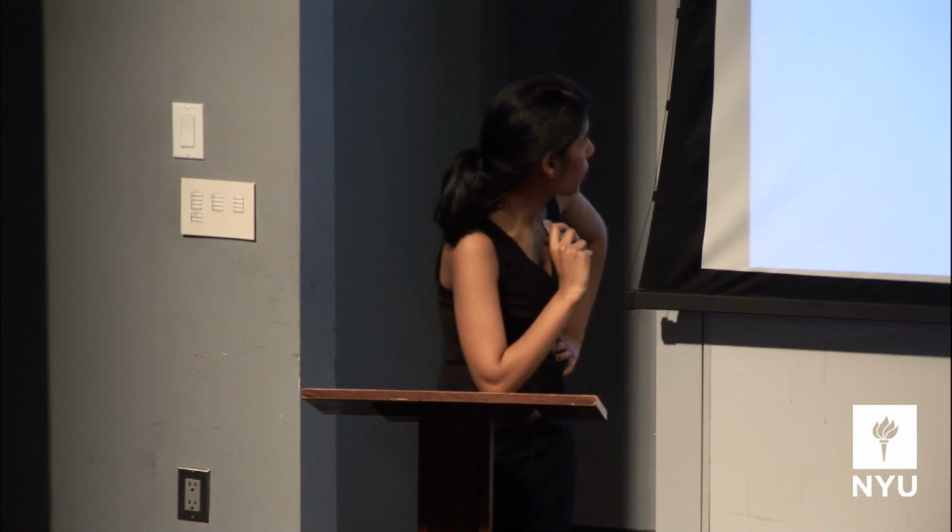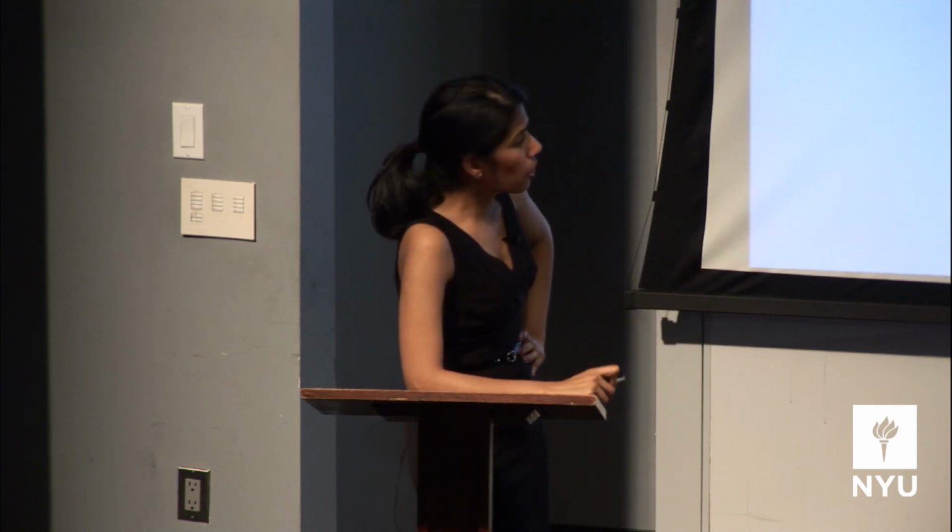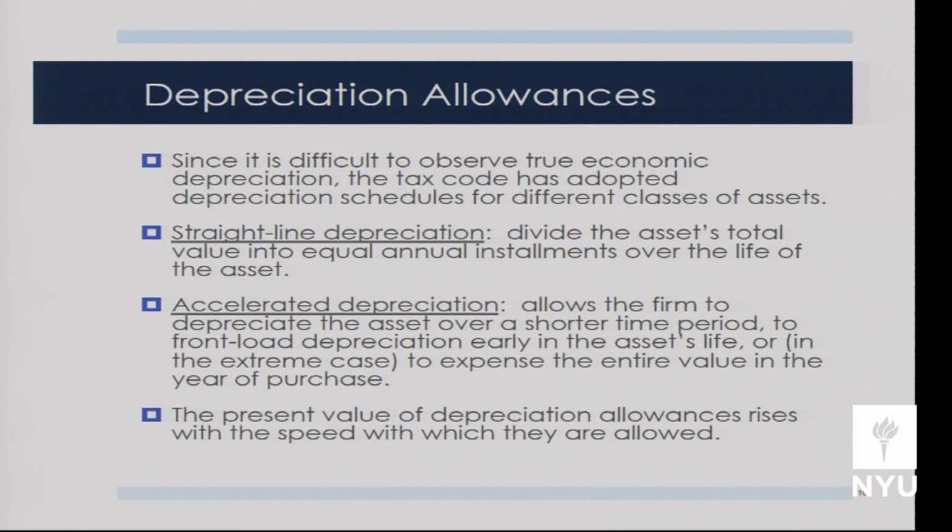Okay, so let's get back to depreciation allowances. So economic depreciation, remember, is what's actually happening to that product. It's about the product itself. But it's actually very hard to know true economic depreciation for most things, right? It would take an enormous number of studies, and there's a lot of uncertainty about it. So the government generally uses two forms of depreciation allowance calculation. One is straight line. Straight line just means we take the cost of the thing. We've run some study that gives us a rough idea of how long this thing should last, and we divide that number by the number of years.